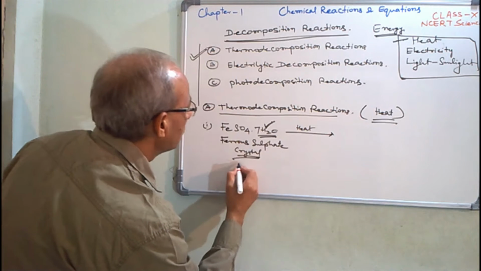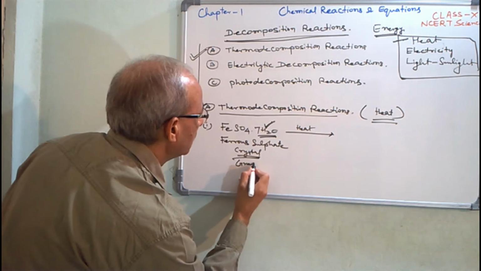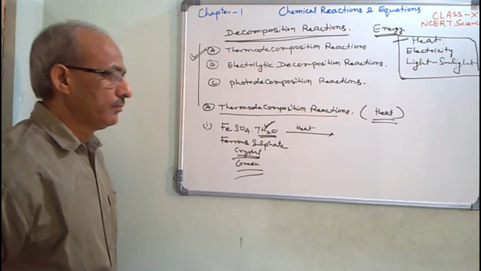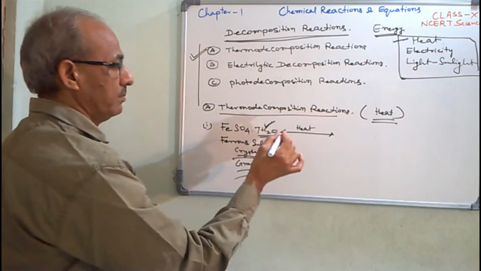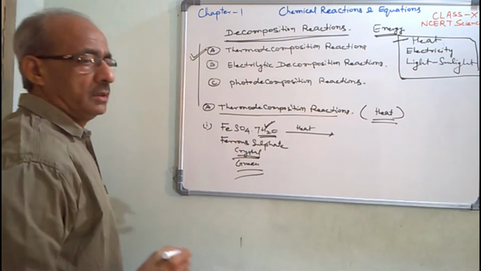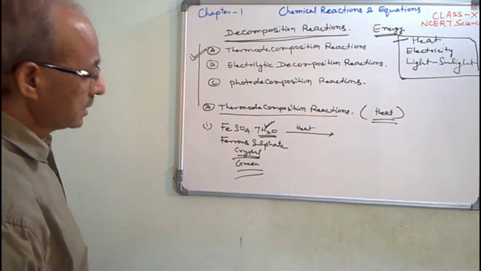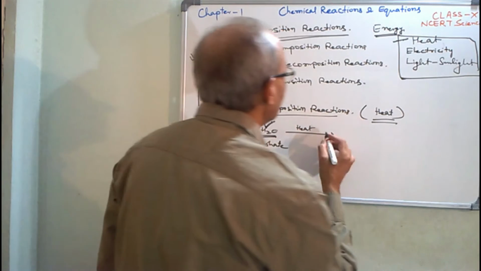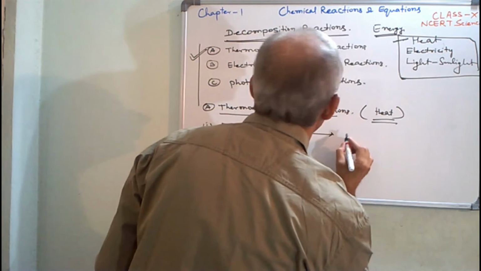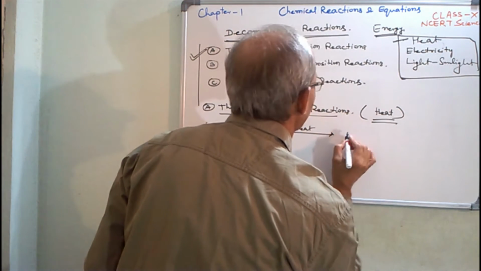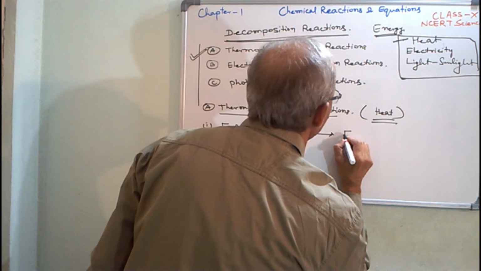The ferrous sulfate is green in color. The change in color starts, and at the first stage, the ferrous sulfate crystals lose their water of crystallization and become amorphous,